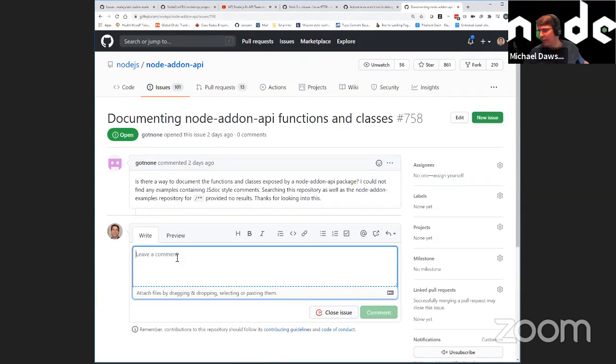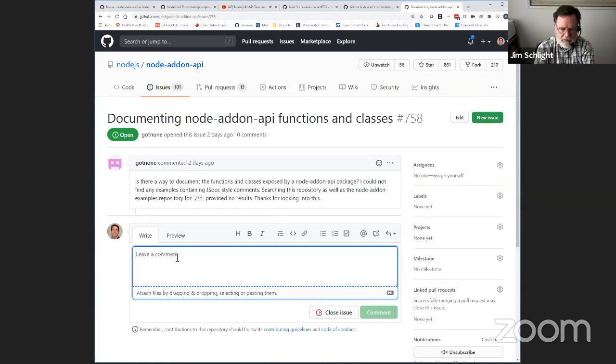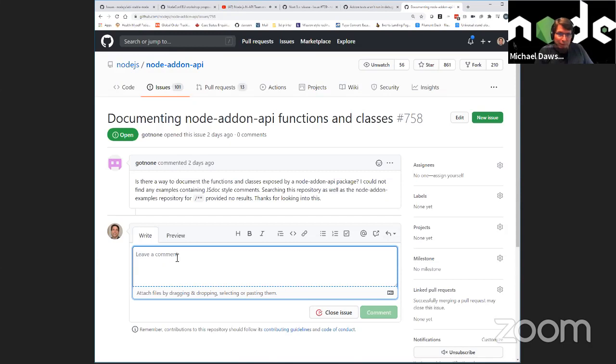Yeah. But that's a whole different thing to take on. It wouldn't even be one-for-one. I don't think you just document what the C++ method was. There's some translation to what the API is on the JavaScript side. That's right. Yes. It's an interesting question. I don't think we have a good answer. I'm also not sure it's easy. If we could do something easily, maybe, but I'm not sure that it's the thing that really slows people down. Yeah.